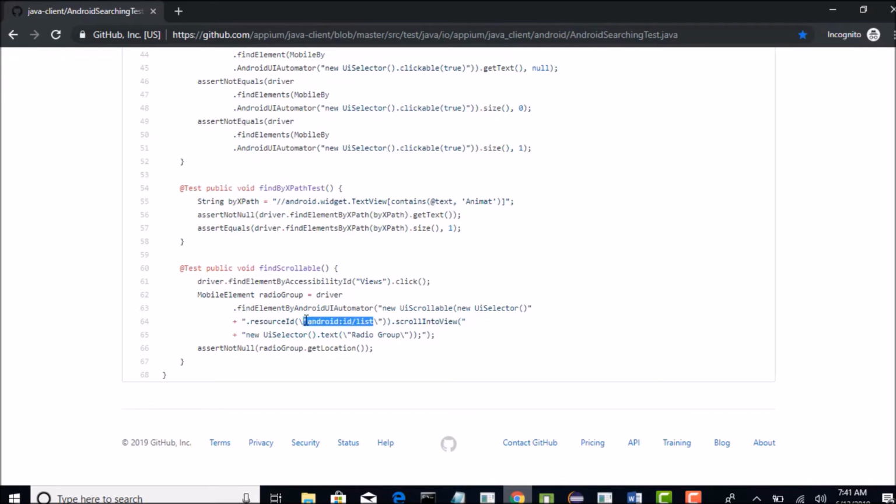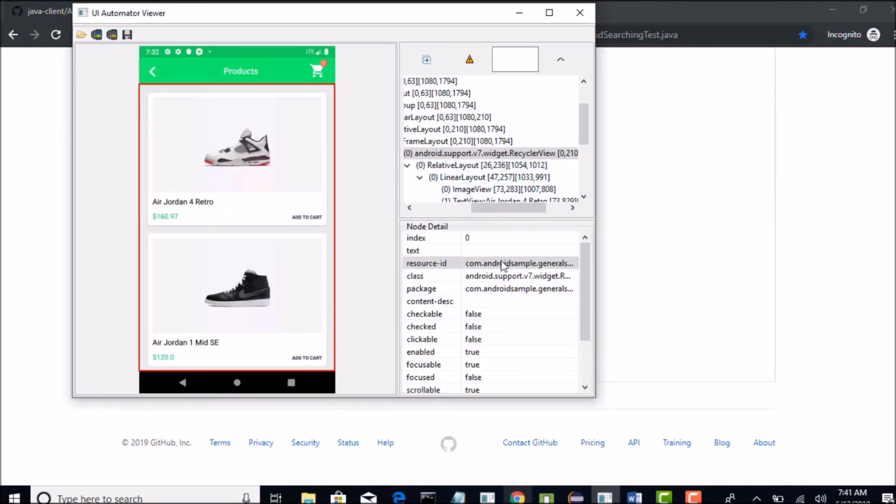How would you say this is the parent? One trick to find the parent is to look for widget.recycler view when you are dealing with Android native apps, and when you want to scroll, they provide a mechanism which has the ability to scroll.